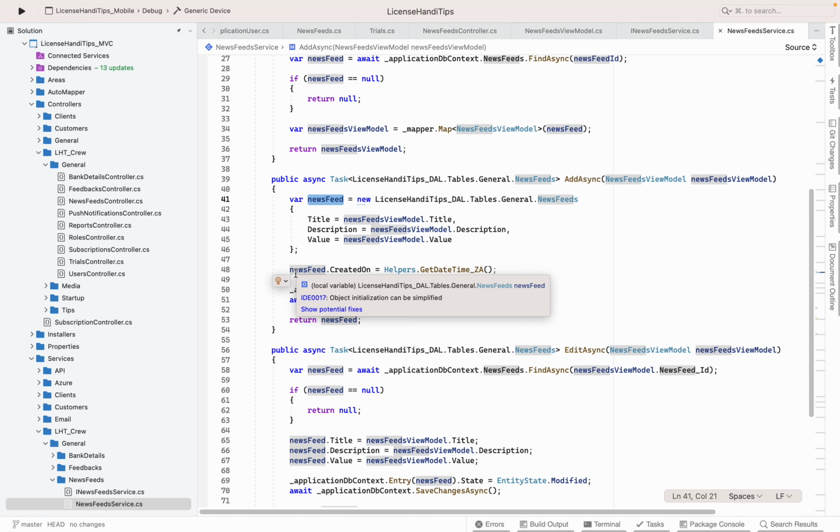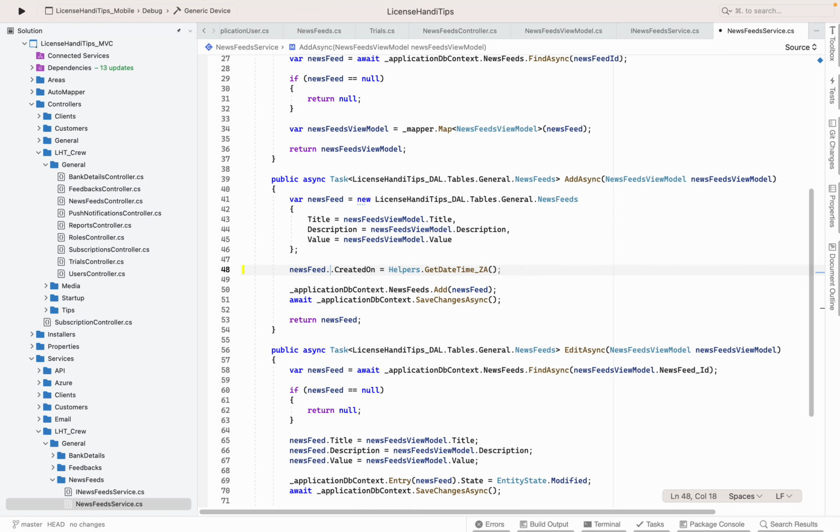Then check what I'm doing. That newsfeed dot. If I do dot now, you see I have access to all the properties. That guy, but I'm not making use of it because it's already being taken care of by the constructor, right? I already have the title. There's a title. I have the description. There's a description. I have the value. The value is going to come from the user, but now I also have access to created on. So what I do